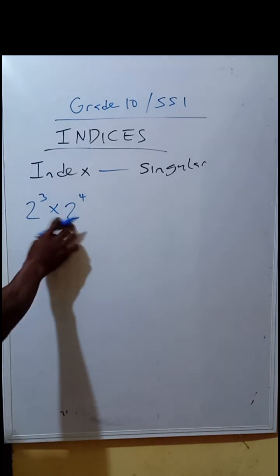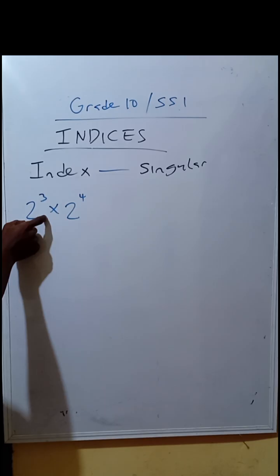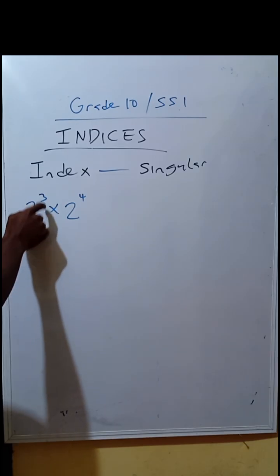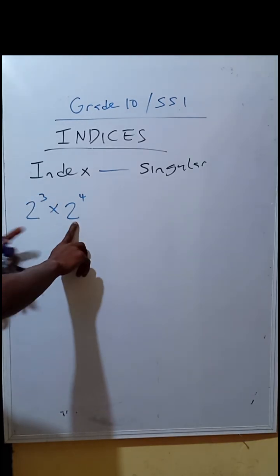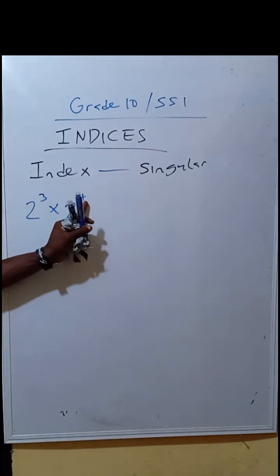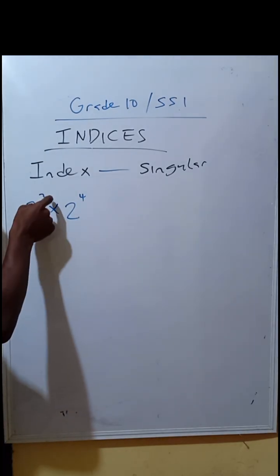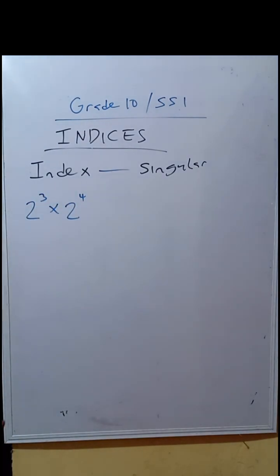When we have the same base, for example base 2 with the exponent 3, multiplied by another number in the same base but with a different exponent, 4. These two are in the same base, 2 and 2, but they have different exponents. When you are asked to multiply them together,